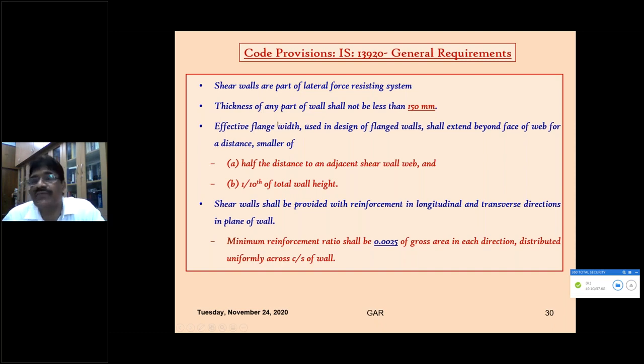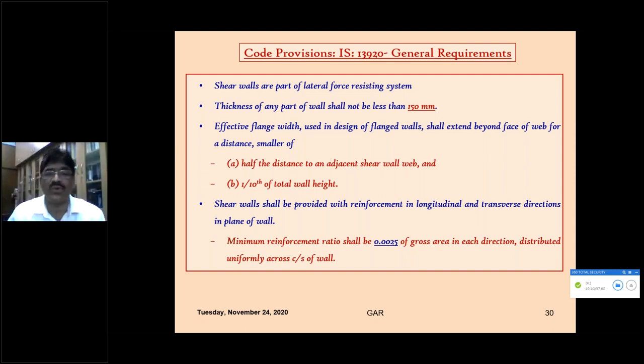Then when you want to use the flanged wall, the effective flange width is in the lateral direction, normal to the direction of the wall. When two adjacent walls are very closely spaced, the flanges should not overlap. The effective flange width used in the design of the flanged wall shall be extended beyond the face of the web by a distance of half of the distance between the shear walls. There are two webs, and between the two webs we will have the distance. The extension of the flange should be half of the clear spacing, or 1/10 of the total height